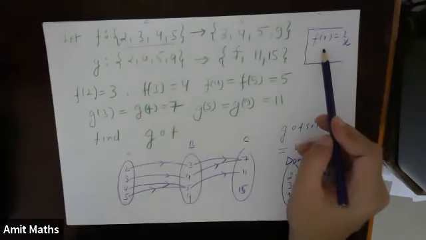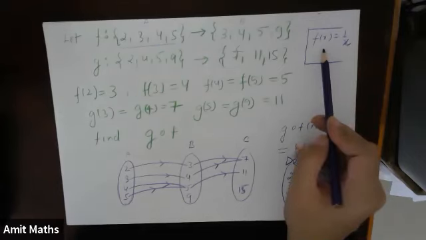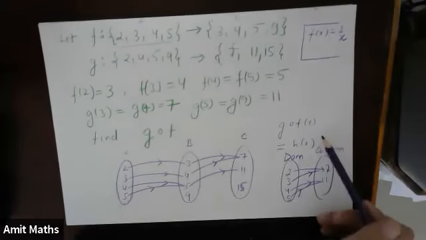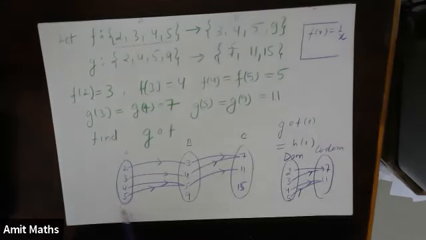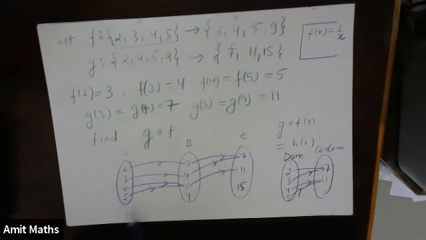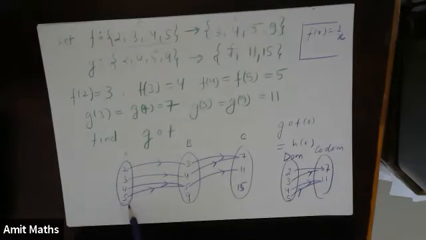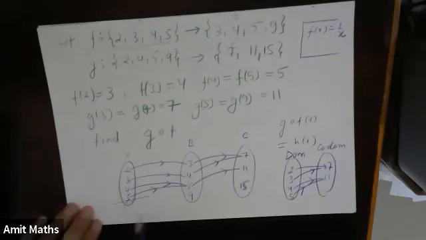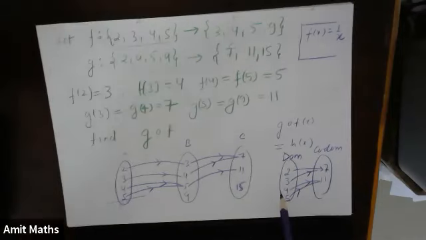We will change its domain in such a way that every element of its domain will have an image in the codomain. So suppose there is some element which is left out in A and it is not linked to any element here, or it is linked and does not have a further image, then we will leave out this element. Why? Because we want to make a function. So we will cut out the domain, and it will ultimately become a function.